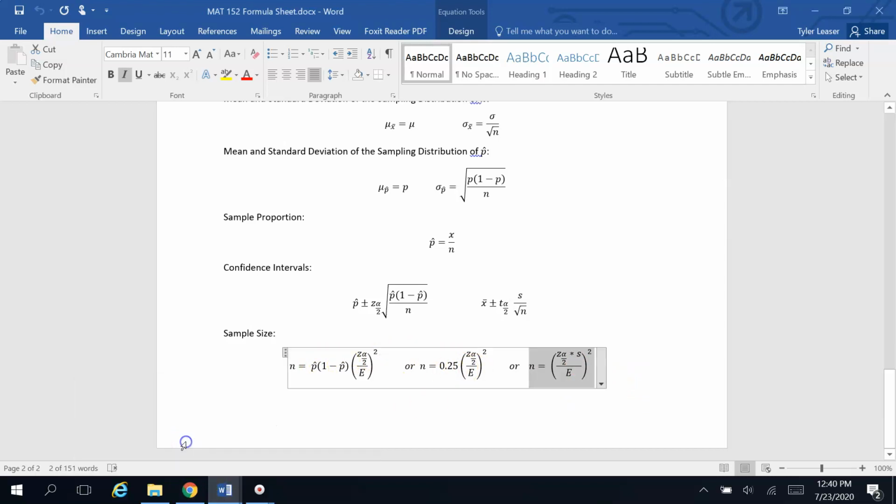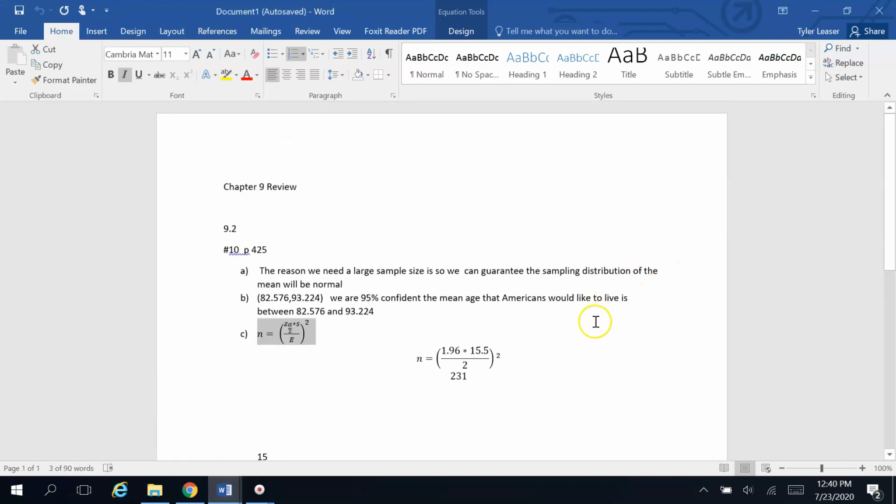Alright, so I already did this and wrote it all up and then had to re-record, so this is it written up already. Here's the formula. I just copied it over from the formula sheet. The perfect sample size is going to be z sub alpha over 2. The book talks a lot about how to find these z scores, but when we have a 95% confidence level, z sub alpha over 2 is going to be 1.96.